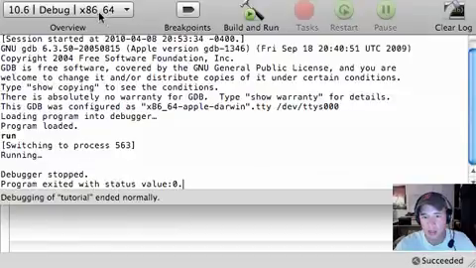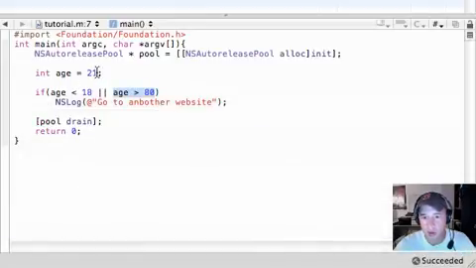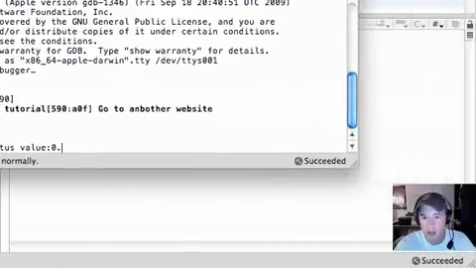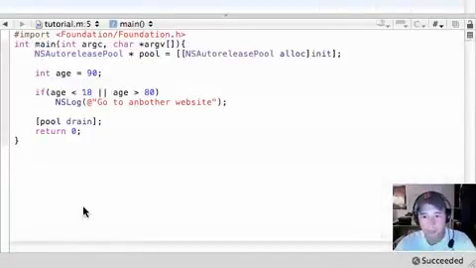It said nothing. It didn't say go to another website. Now let's fail one of the tests and make the age 90. Save it and we'll see what we got. It says go to another website. So why did this happen? It said, alright, age is 90. Is age less than 18? No, it's greater than 18. Is age greater than 80? Yes. So since this entire statement was true,